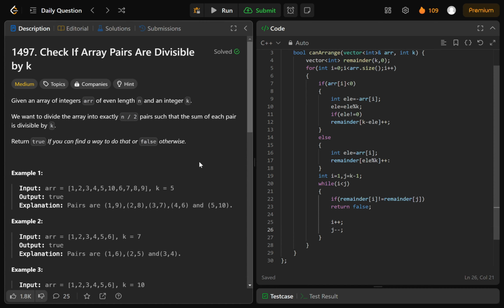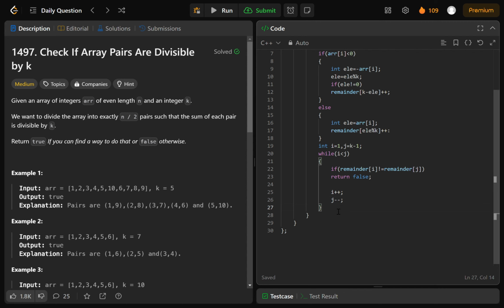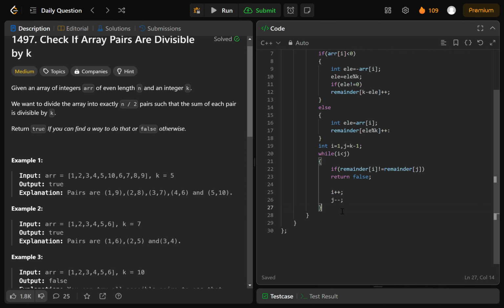For example, if there are 3 elements of remainder 3 and the value of k was 6, then 3 plus 3 we can make a pair of 6, but the other 3 will remain. Okay, so there should be an even number of elements at the k by 2 index so that we can partition them